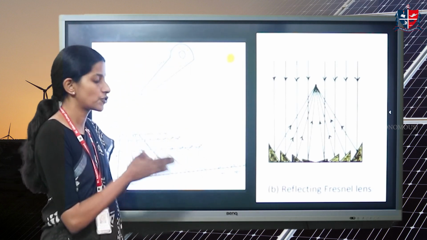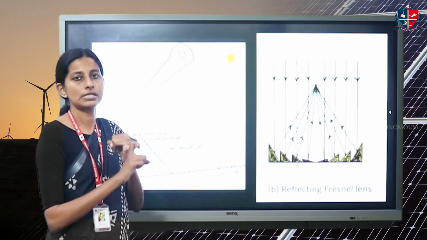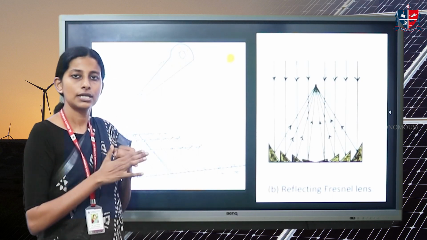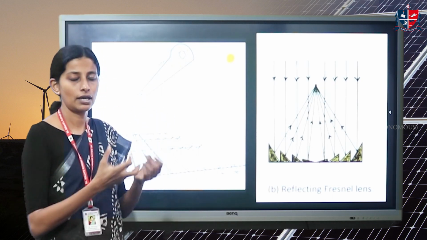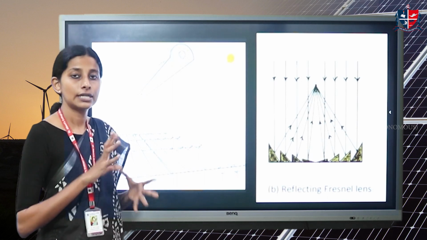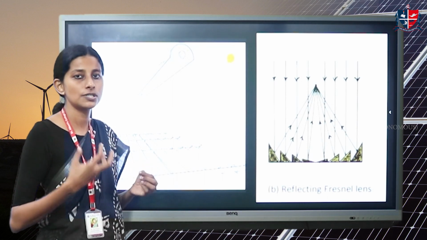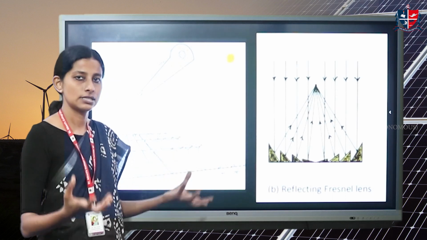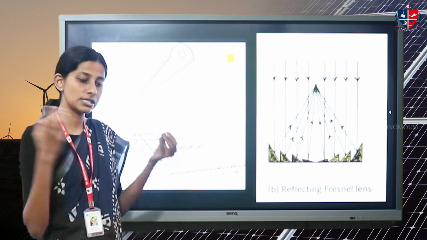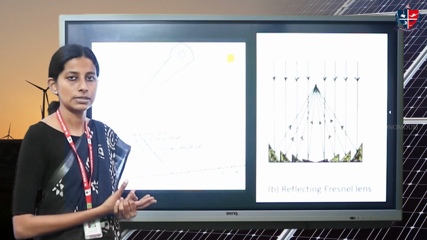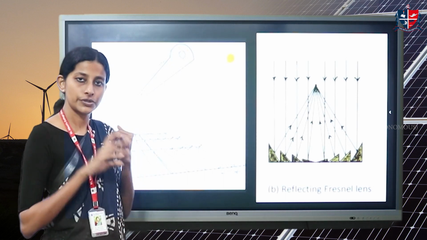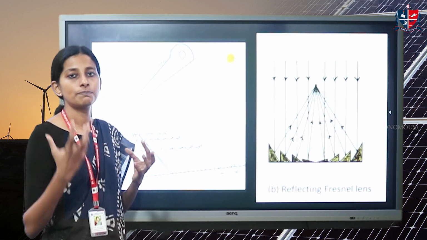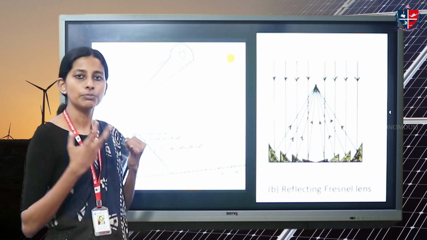So in today's session, what all we looked into: we saw what a solar collector is. A solar collector is any device which can accept or capture the radiation. There are different types, depending on the way the radiation is being used. Some will focus or concentrate it. Some will use it as it is. The ones which concentrate are called solar concentrators. Solar concentrators have their own advantages because we are making use of optics here. So optics will definitely improve the efficiency.